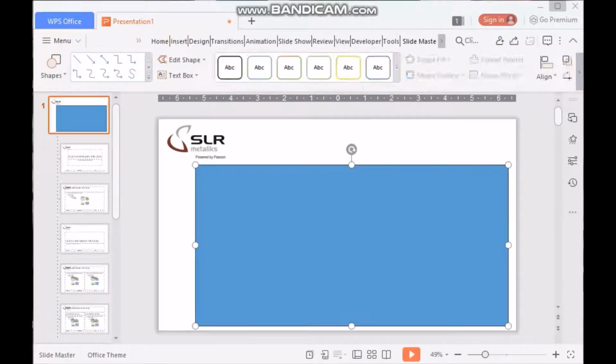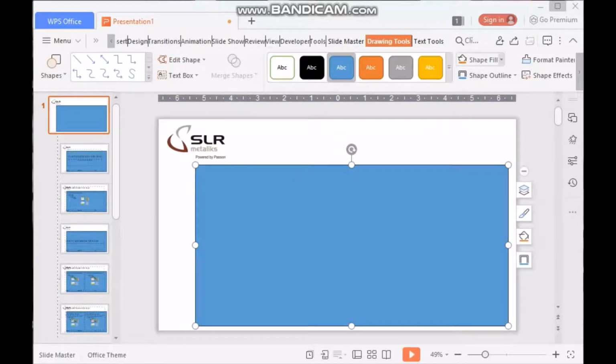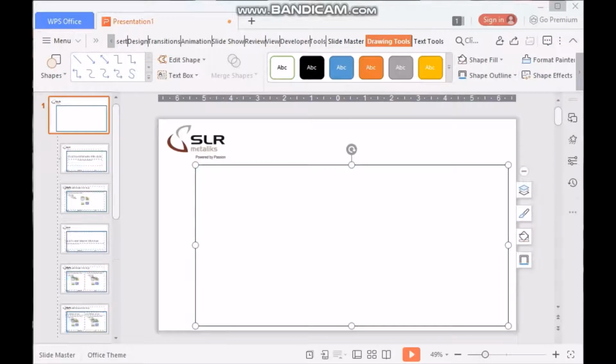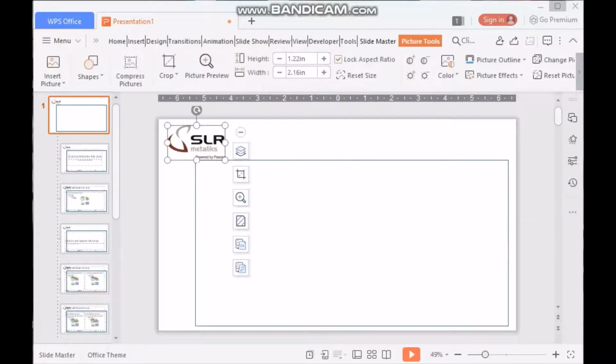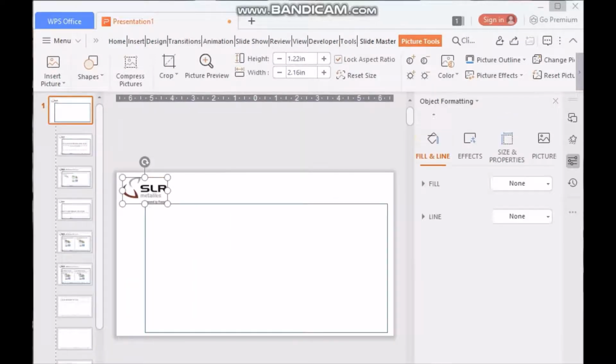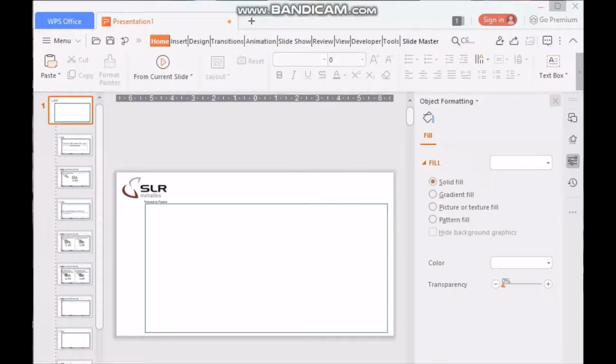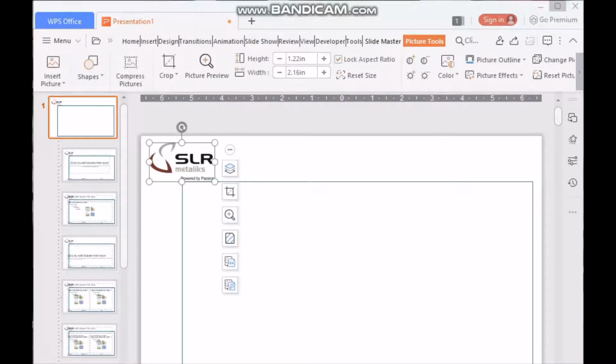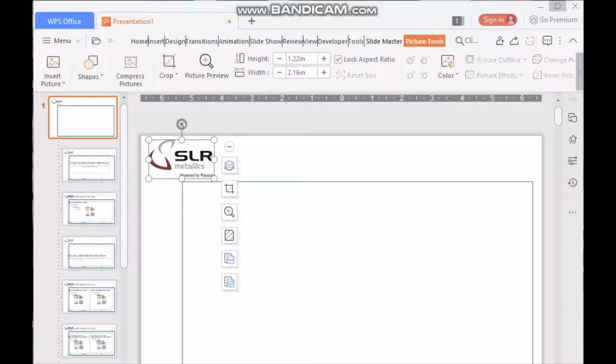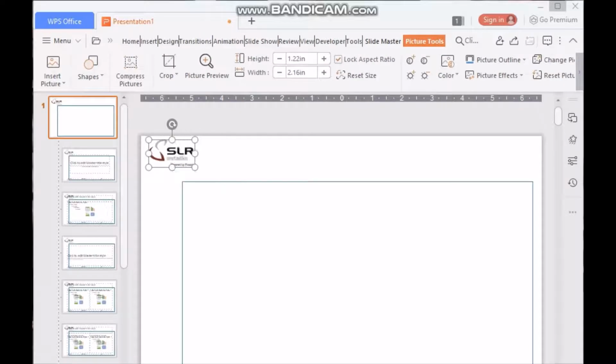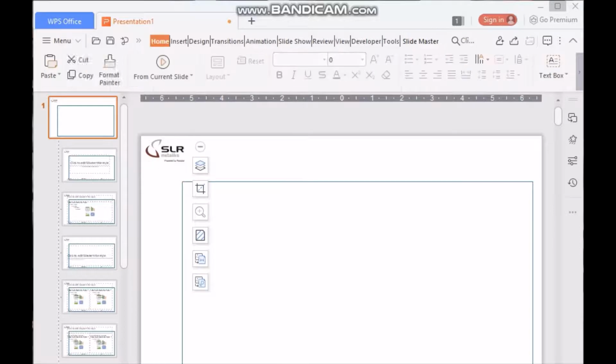After that I selected the box, and this box will be used to type the information. Here I'll type the information regarding that particular subject. I also have to mention a place for headings. So I'm resizing that logo, and after that I'll select a box and specify the area to type the heading also. A little bit I will decrease this size.